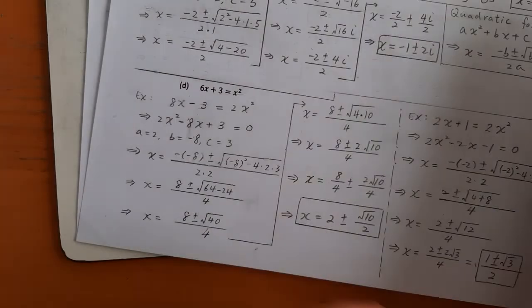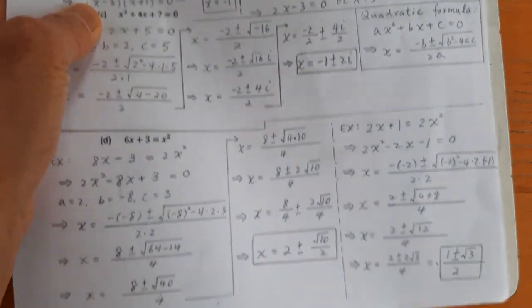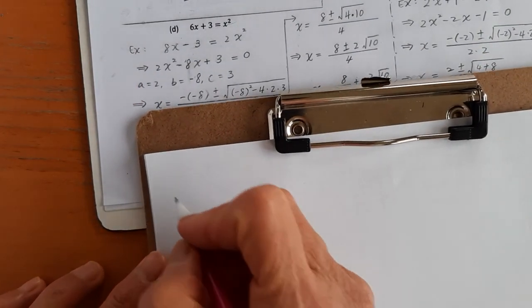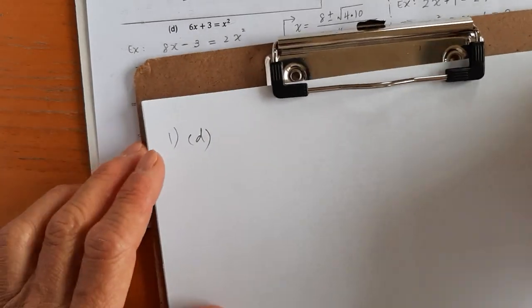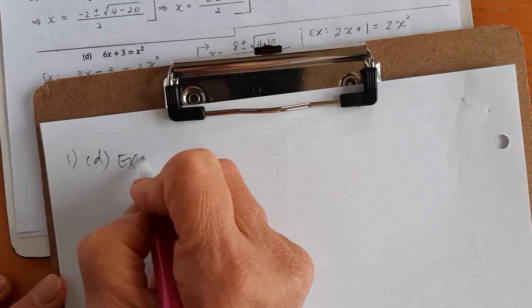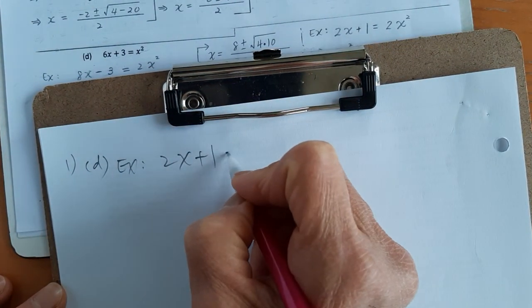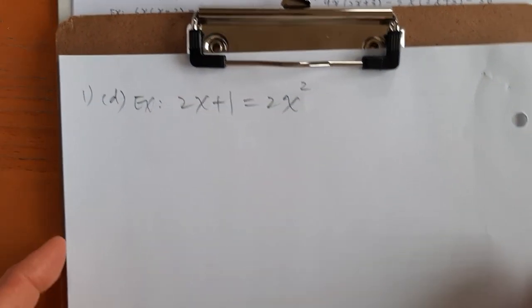Then next one is another example. It's your homework question 1D example. 1D example here. Example is this one. 2x plus 1 equal to x squared. So this I'm going to do